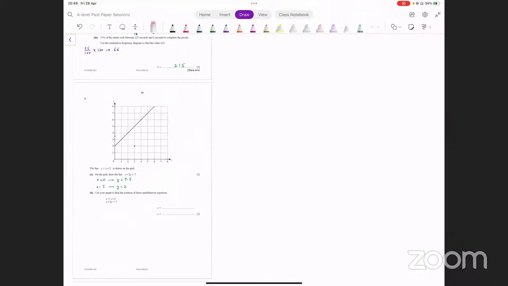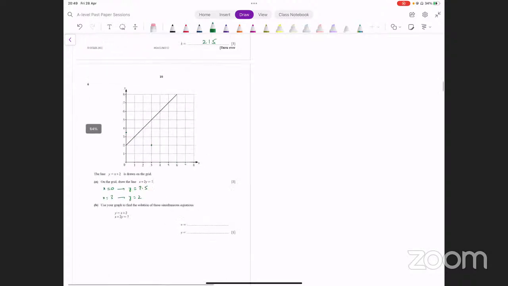This is what your line is going to look like. To confirm, you can take another point as well. Often that's useful to confirm कि आपकी working ठीक है. आप एक और point ले सकते हैं. For example, यहाँ पे